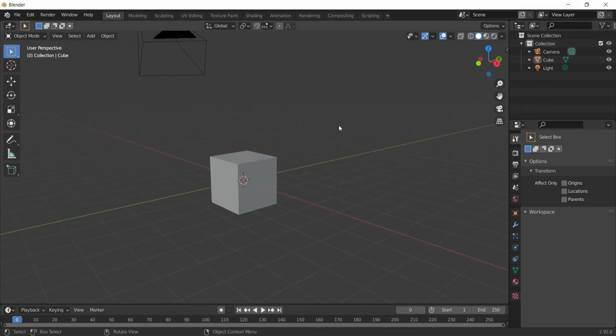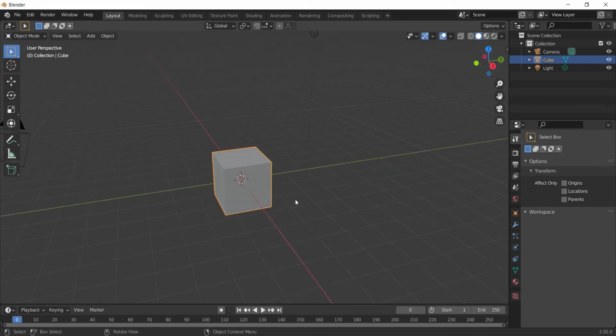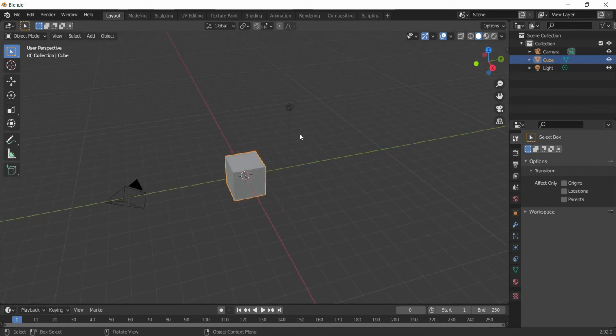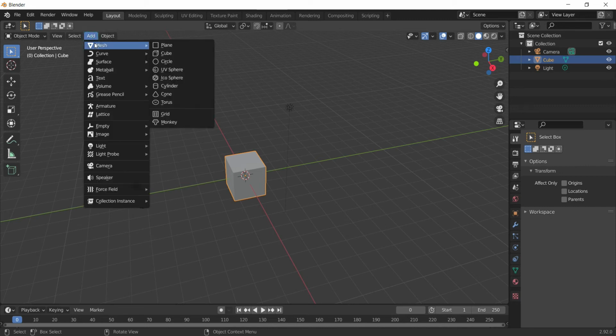Now let's move to the activity which we are going to do. So in this project we are going to create a small sparrow using the basic shapes available in the Blender software. So let's see what basic shapes are available in the Blender software. First we have a cube already here. Now to add more objects into the Blender software, we need to go to this add menu over here and we will choose the first option, that is mesh.